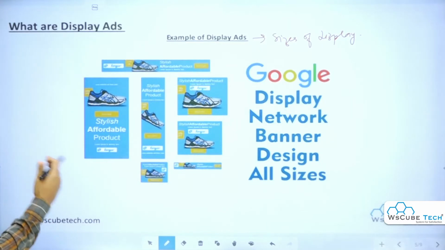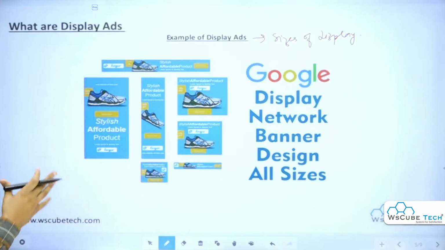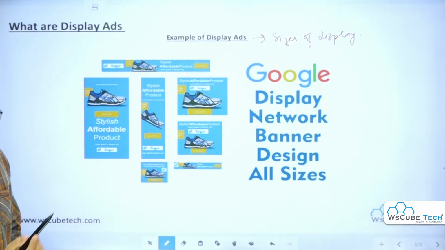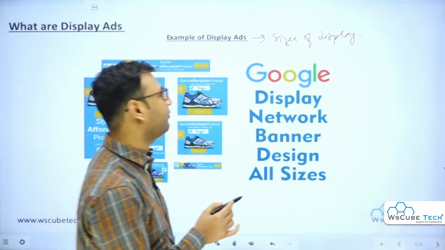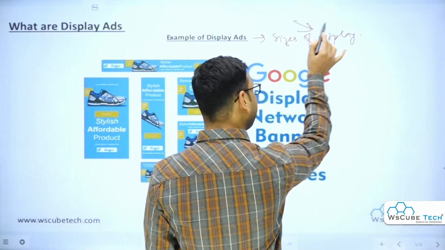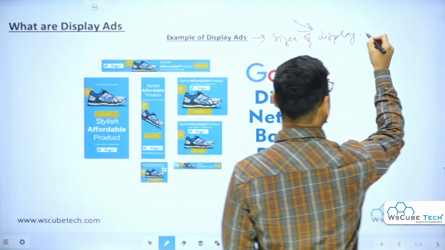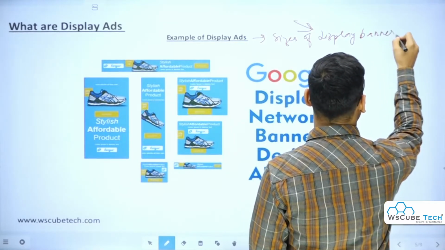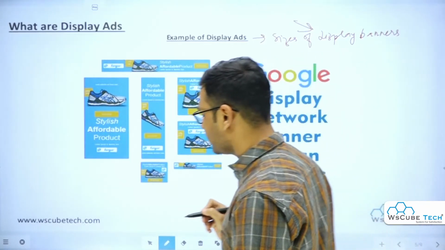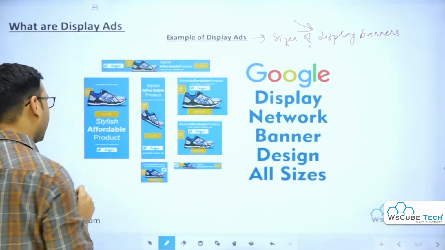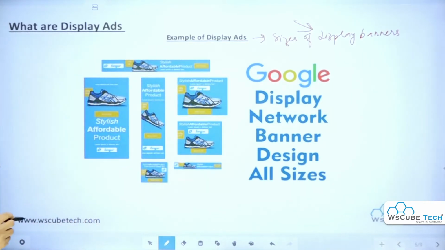Whatever size is defined, you have to prepare your creative, your banner, in that particular size only. So if you are going to run a display campaign, search on Google for the different sizes available for display banners and then create your banners and creatives accordingly.